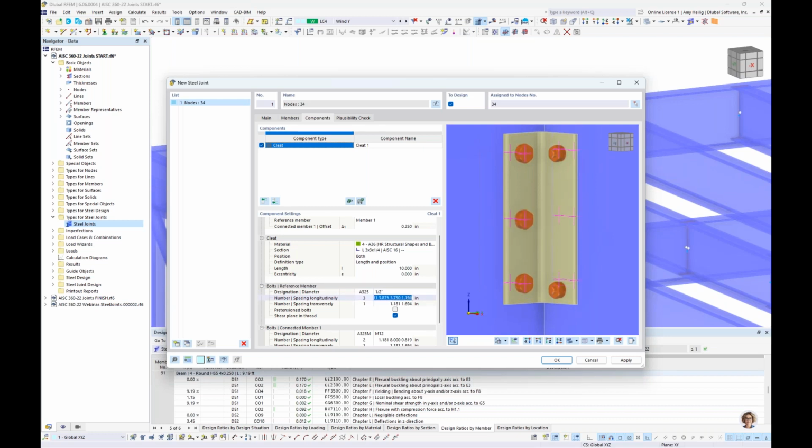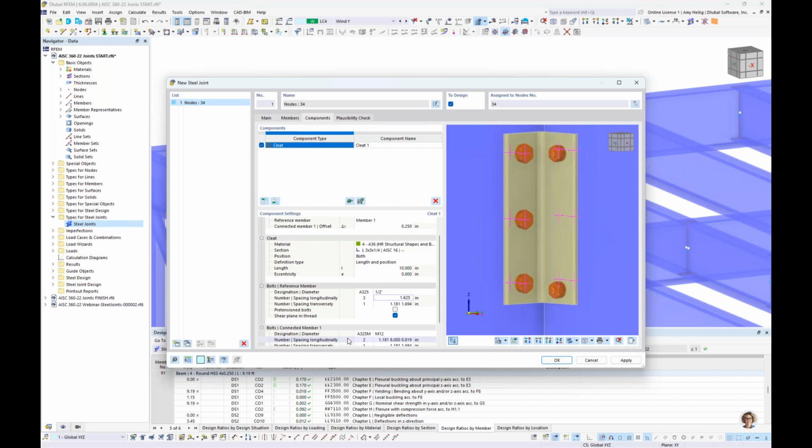The second input settings are the spacing. So this is set up to specify the distance from the top of the cleat to the center of the first bolt, then the center of the first bolt to the second, second to the third, and so on. So my spacing from the top of the cleat to the center of my first bolt is going to be 1.625 inches. I then hit the space bar on my keyboard and I'm going to input the spacing from the first to the second bolt,